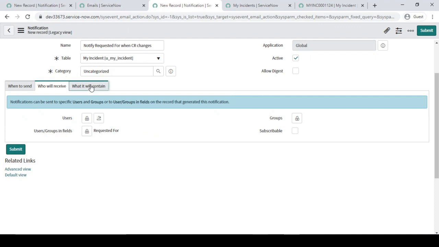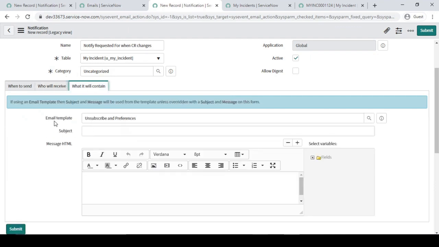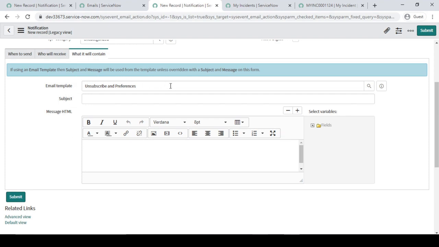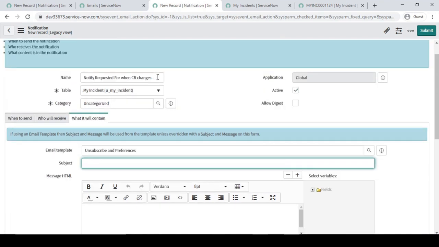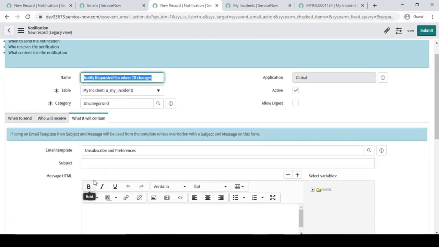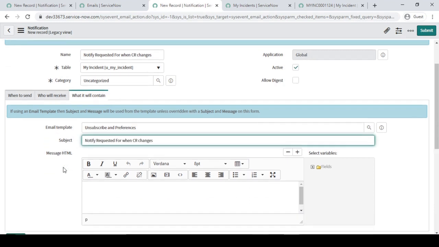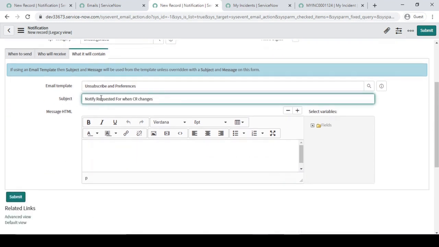Fine. So the third section, guys, is saying email template, subject, and the message. Email template, anyway, I'm going to cover in the advanced section, so I'm just leaving it as of now. This is for the subscribe or unsubscribe link you will be getting in your mailbox. So the subject, guys, what I'm going to say: notification, same thing. Just going to make it notify